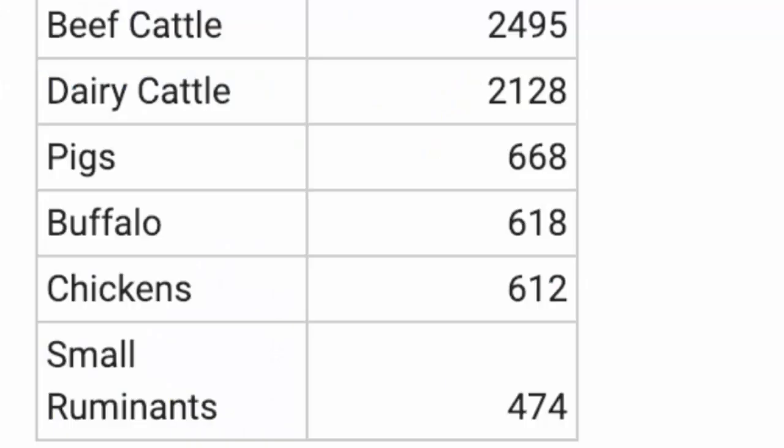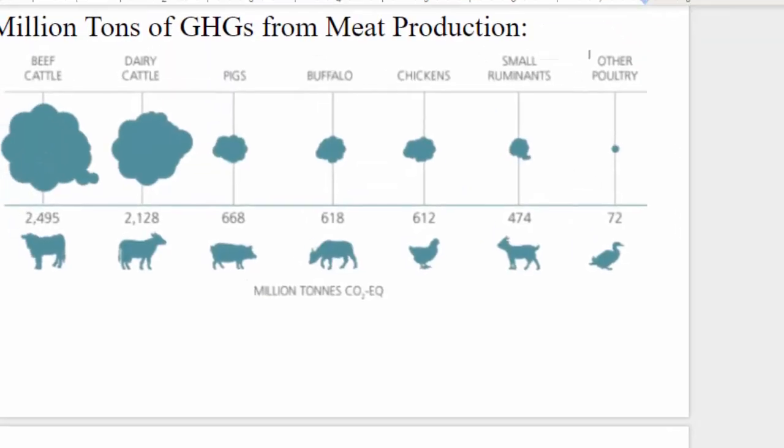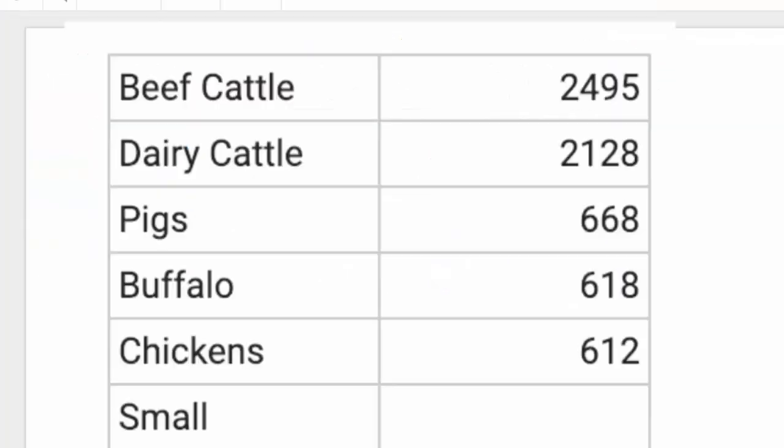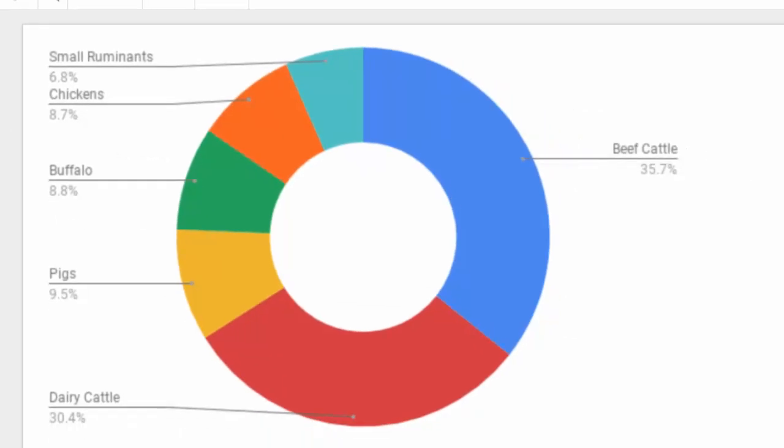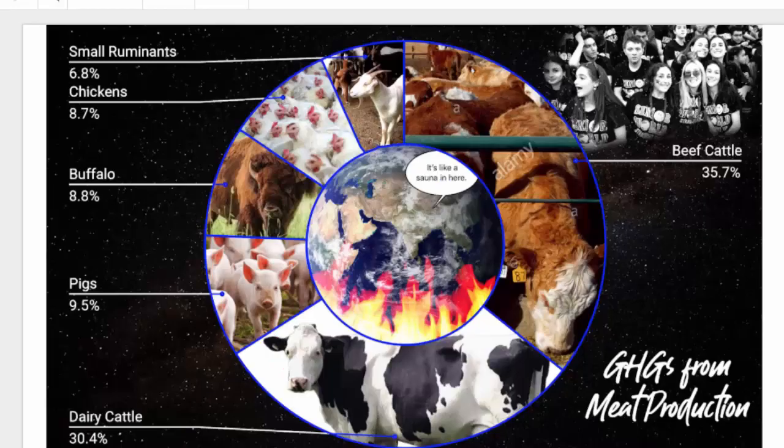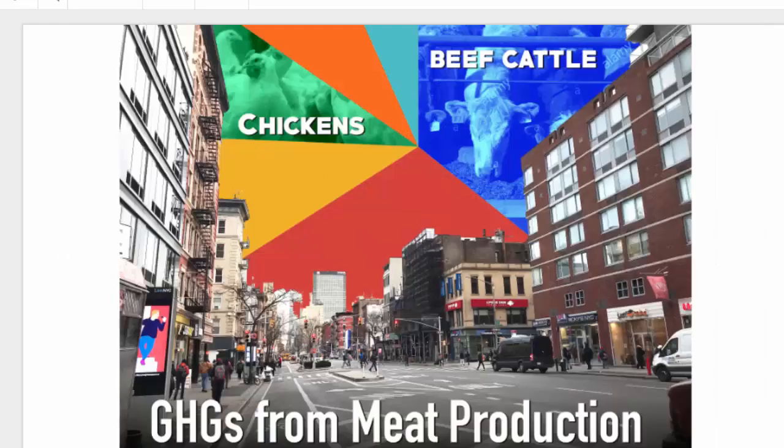So here once again is this data set from this infographic featuring greenhouse gases from meat production. What we're going to do is pop this into a donut hole graphic, and I know that if we can do that, we can then import it into Photoshop. We can add visuals like this, or if you'd like, you can create a display featuring a pie chart and express it in any way you want. So let's jump right on into